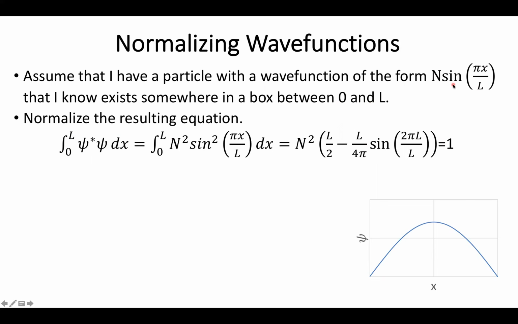I don't have to worry about complex conjugates. There is no i, so it's just simply the square of the wave function. I can then pull N squared out front, and then I have to integrate over sine squared of pi x over L. Now, this is actually a tricky integral, but it turns out that this is one with a known analytical